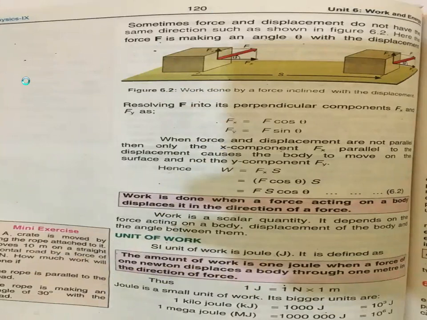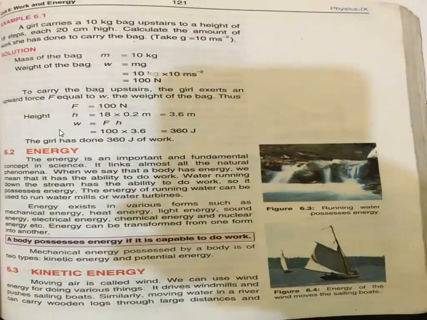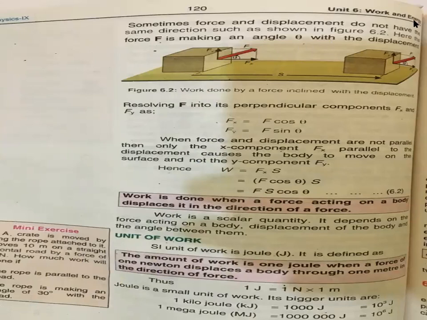Sometimes force and displacement do not have the same direction, such as in shown figure 6.2. This is another case. Here, the force F is making an angle theta with the displacement. Suppose you have a small toy car. With the help of a thread, you push the car. So force and displacement are not in the same direction. So force is making some angle